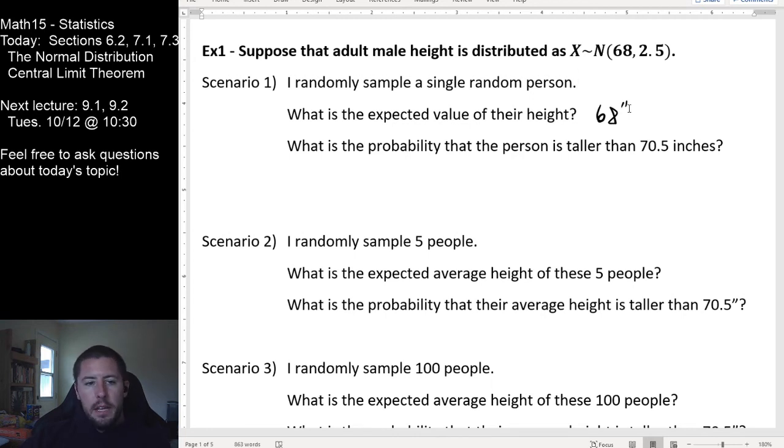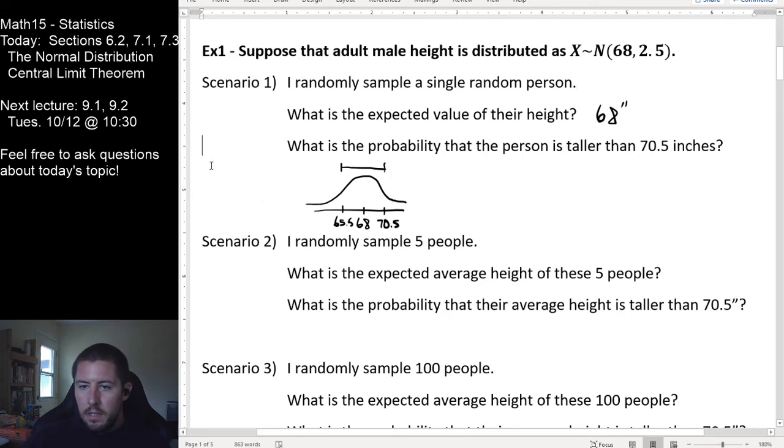What is the probability that the one person we see has a height taller than 70.5 inches? This is the one bit of computation we'll do here. We've drawn this diagram a whole bunch of times. I've got my average at 68. Notice that 70.5 is exactly one standard deviation above average here. So I'm going to mark my diagram like this. 65.5 goes there. What we know is that this interval covers